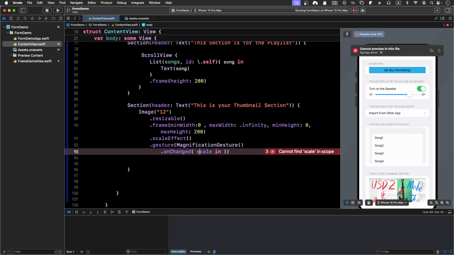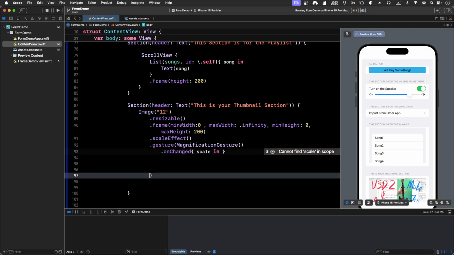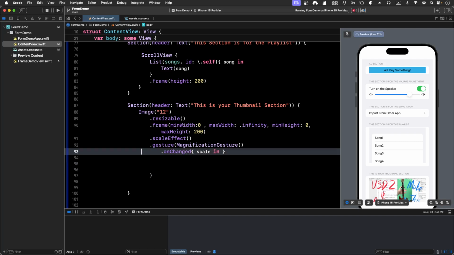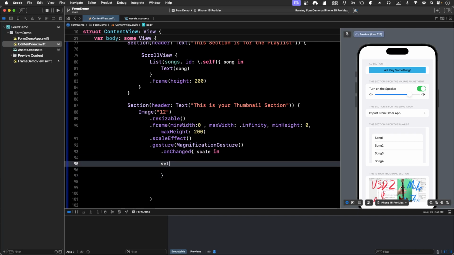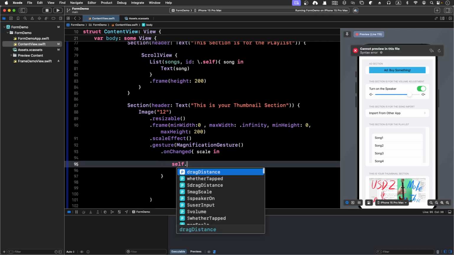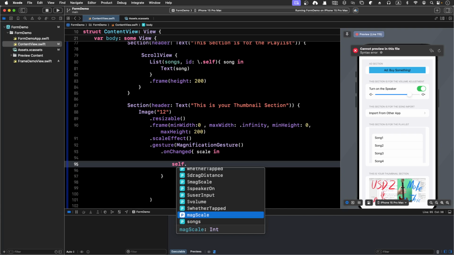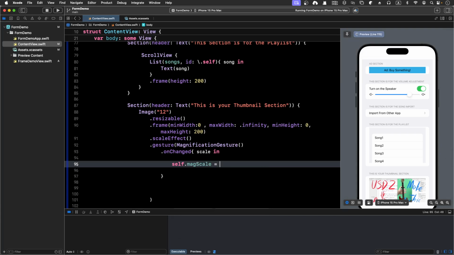Sorry, unchanged should be scale in, and so scale in, and I'm going to get the self dot drag distance max scale. I think I got a max scale here, and that will be get our scale, and